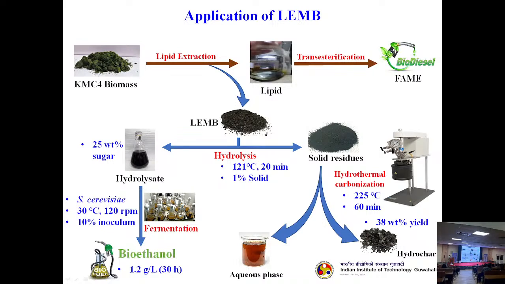Part of that, we went for the hydrolysis. Then what we found that was interesting is that it has a lot of carbohydrate. So it results in 25-20% of the sugar. Now that sugar, that is hydrolysis, right? So we just used the Saccharomyces cerevisiae, the yeast, and with some optimization, we got 1.2 grams per liter of the ethanol, bioethanol.